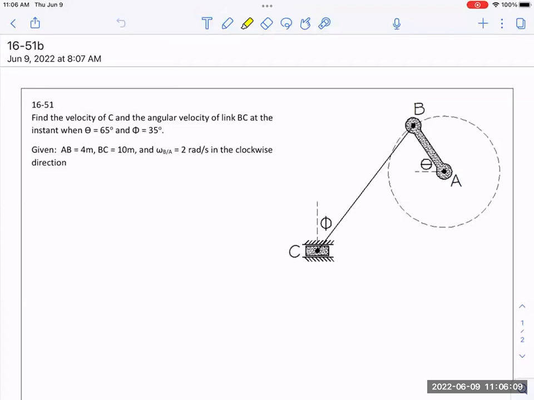So the idea is this. This problem, again, looks identical. There's nothing different about it. But I want to introduce something called the ICR,